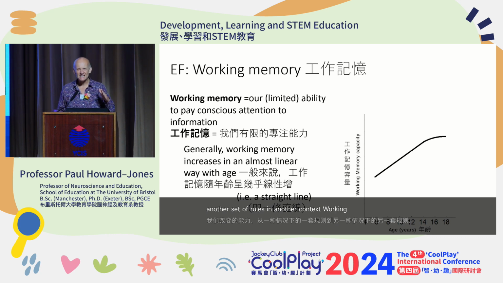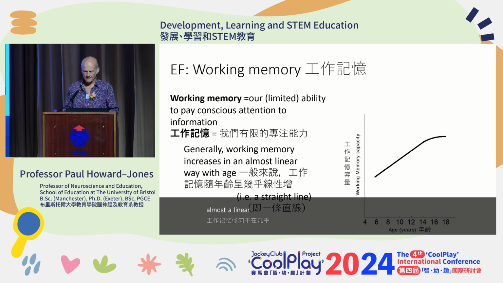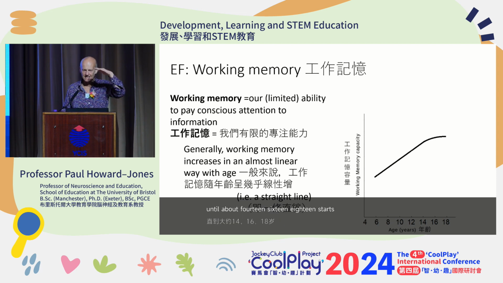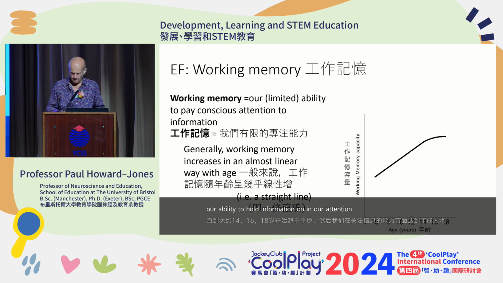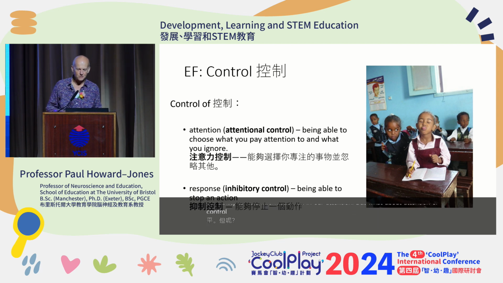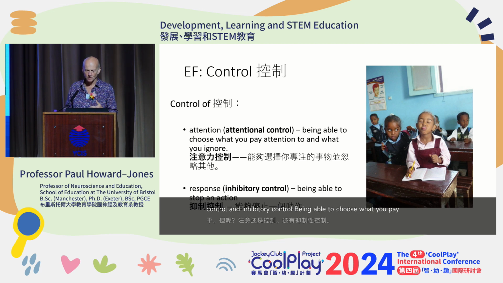Working memory tends to increase in almost a linear fashion as we get older throughout the years in our childhood. Up until about 14, 16, 18, it starts leveling out then, and we have an adult level in terms of our ability to hold information in our attention. But what about attentional control and inhibitory control? Being able to choose what you pay attention to and what you ignore, and being able to stop an action. Well, these are